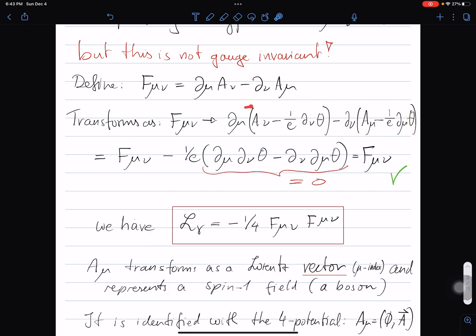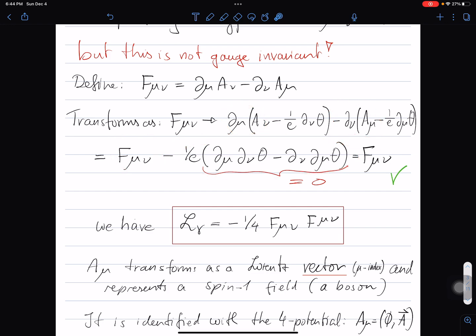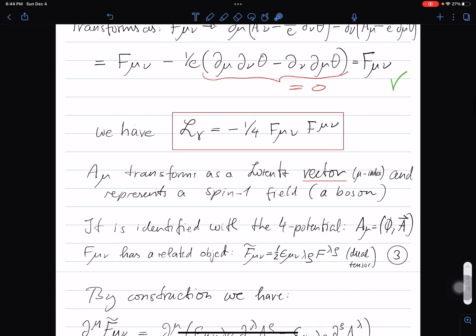So now if we write it out, we have from those two contributions just the F mu nu term itself, and then we have a combination where we have a difference between d mu d nu theta minus d nu d mu theta, but we can swap derivatives through each other, so we have here twice the same term subtracted from each other and gives 0. So this tensor is also invariant under gauge transformations, and we can use it if we take its product, basically